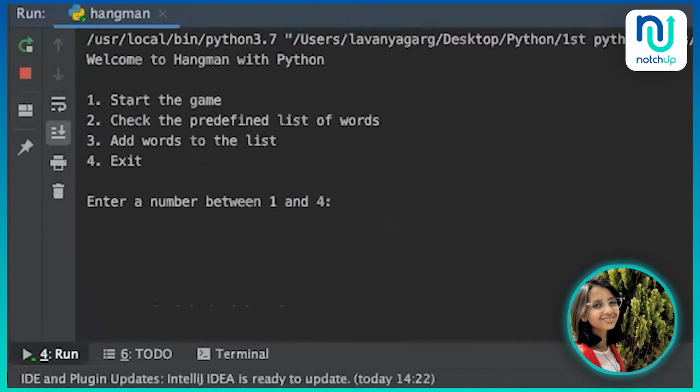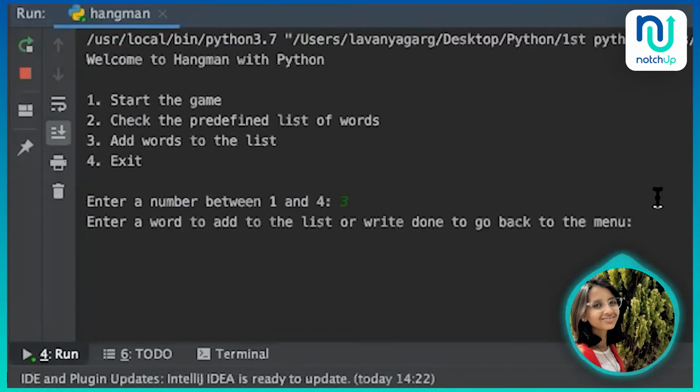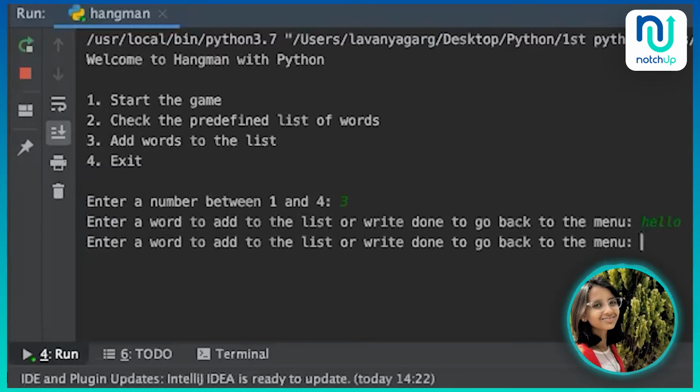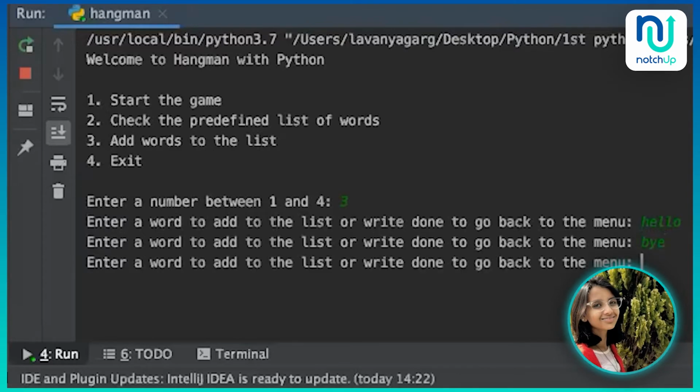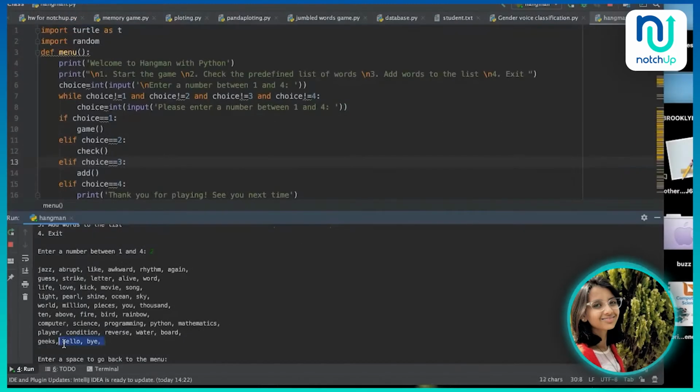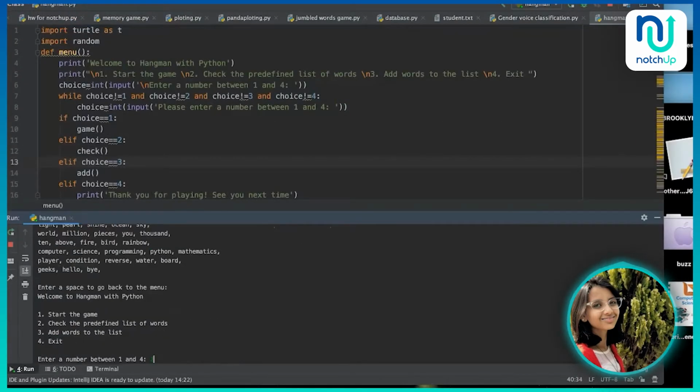So if I do 3, if I want to add, for example, hello or bye, I can continue adding it until I want. And if I don't want to add more, I can just write done. Hello and bye are here. Now if I want to start the game,